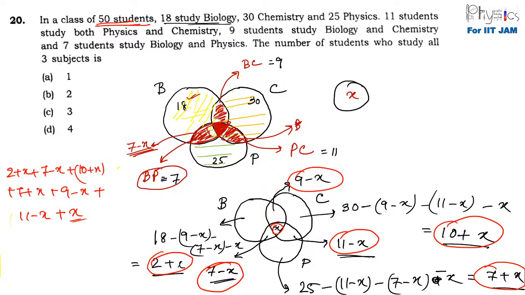This x is this one, right? X equal 50, right? So it becomes,